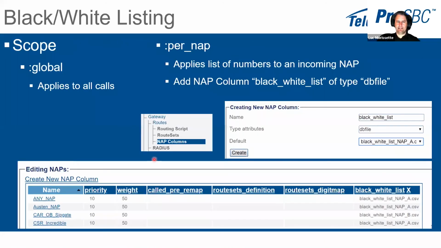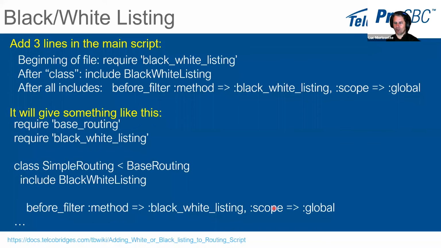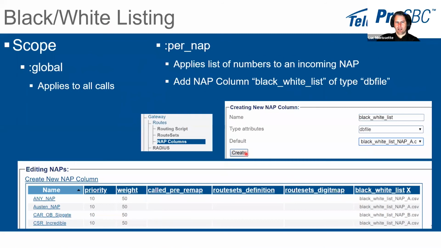Now, specifically for black-white listing, the programmers have added one more parameter. You see the last one here, the scope. Here it says scope global. If you put global, it applies to all calls. So you load one file, a black-white list file, and this will apply to all the incoming calls in the system. But they have added a new element that's called per-nap. So if you select, instead of global, per-nap,